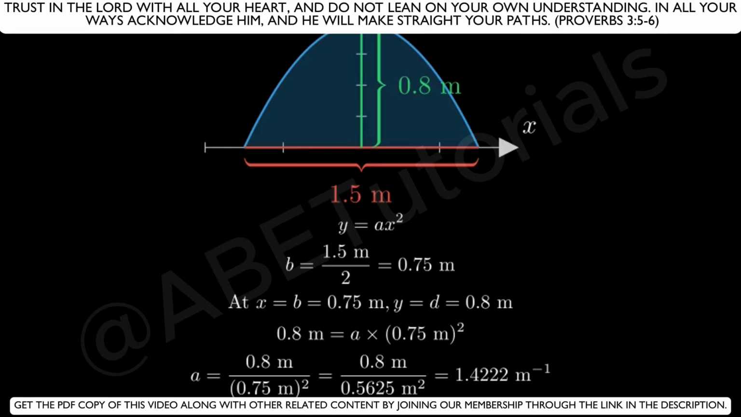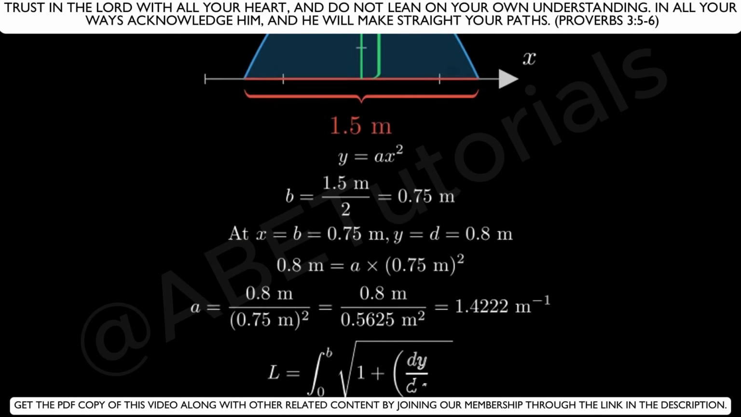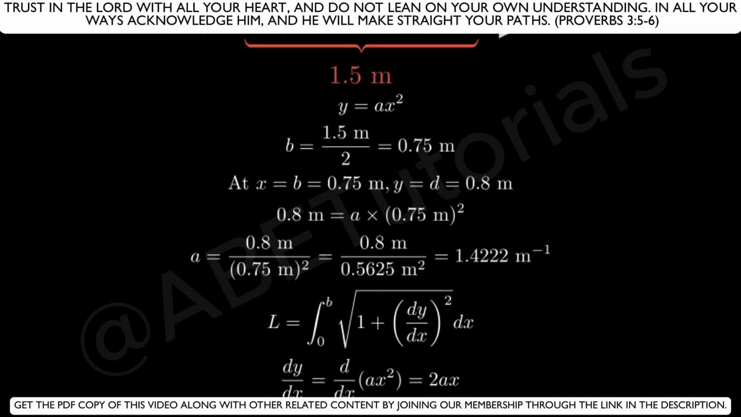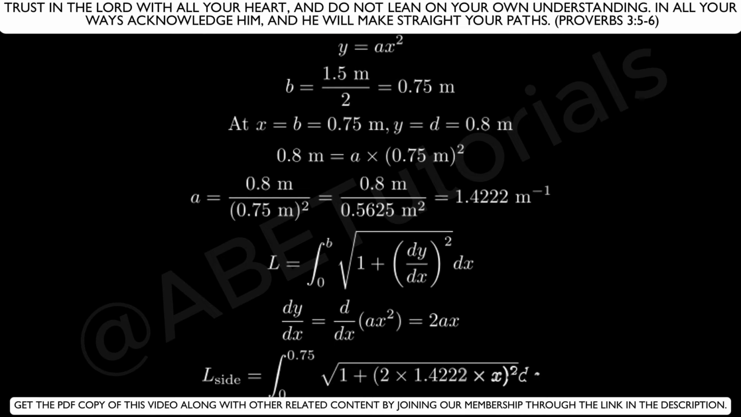Next, we need to calculate the wetted perimeter of the parabolic canal. The wetted perimeter is the length of the curve that's in contact with water. For a parabola, we can find this using calculus with the formula L equals the integral from 0 to b of the square root of 1 plus the square of the derivative of y with respect to x, dx. The derivative of y equals a x squared is dy/dx equals 2ax, so our wetted perimeter integral becomes